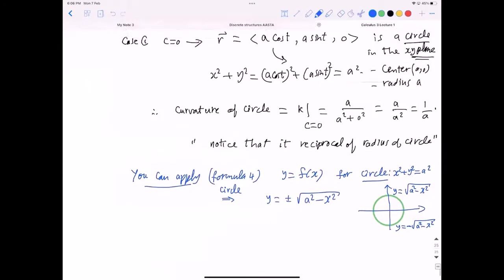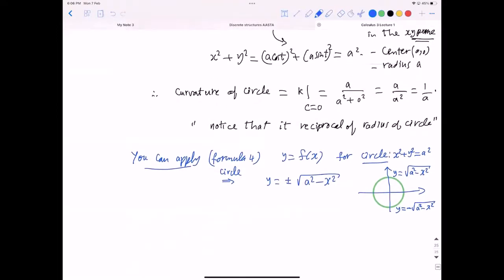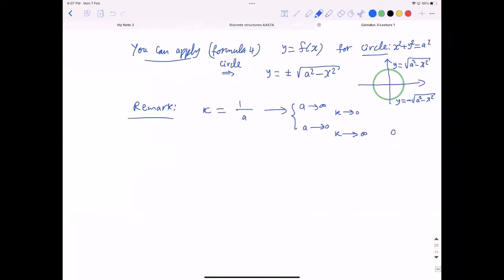The curvature of the circle is the reciprocal of its radius. This means when we have a bigger circle, here, remark again, kappa of the circle is 1 over a. So as a increases, a goes to infinity, kappa goes to 0. As a goes to 0, kappa goes to infinity. So very tiny circles, very large